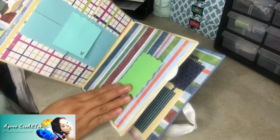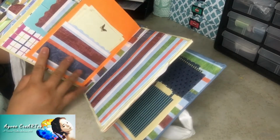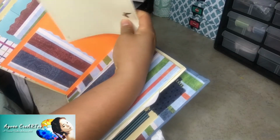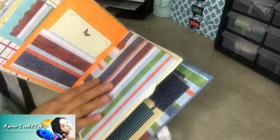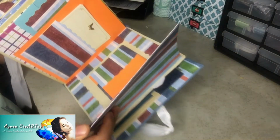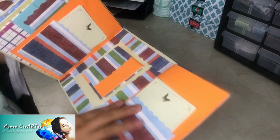so here it's stripes and checkered. So another board for our month number. And then on the left side we have a pocket. So this is actually the demonstration that I used for the part 3 of this video. And then here another insert, and this one is